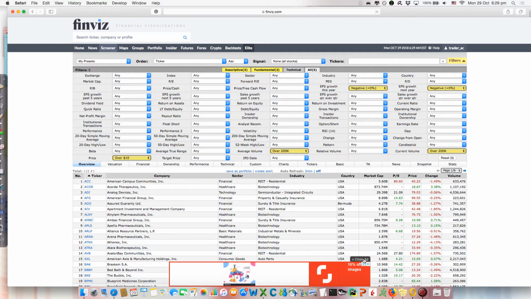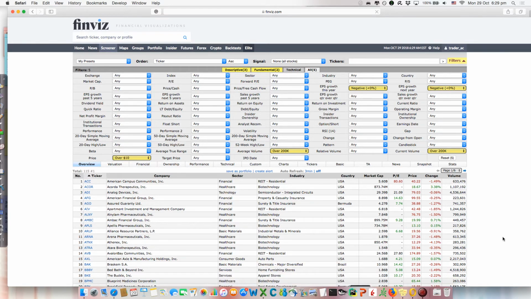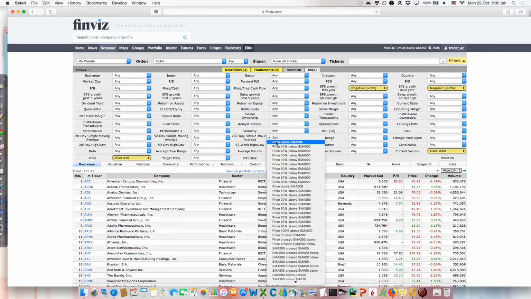If you remember from a previous video, we defined a downtrend as 50 moving average below the 150 both flat or sloping down, or price below the 200 moving average sloping down. With finviz we cannot really define such complex rules. The only thing we can do is the price below the 200 moving average. So this is an alternative. We can define it here,